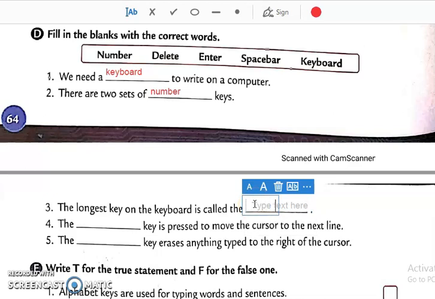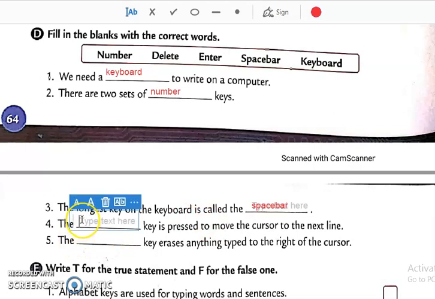So write over here space bar. Okay, then the dash key is pressed to move the cursor to the next line. If we want to move the cursor to the next line, we will press the enter key.